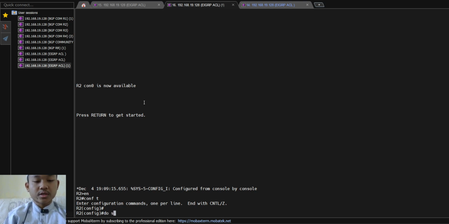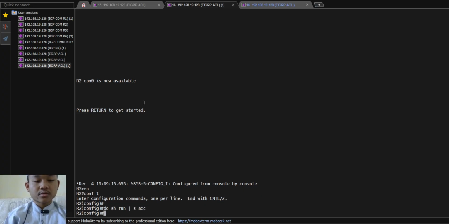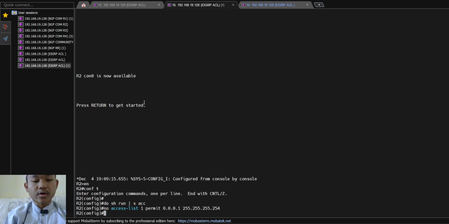And then the first thing, you show run section access-list. Okay, this is already there. Then the command is no access-list 1 permit 0.0.0.1 255.255.255.254.